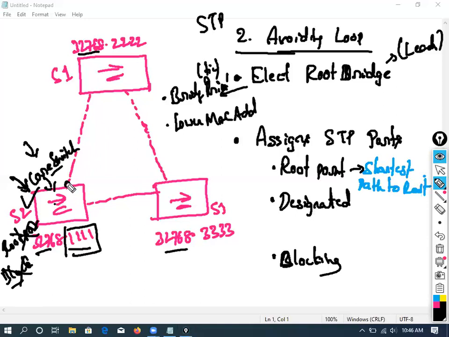By default, the core switch or the root bridge port will be a designated port. That's a default one. If you want, you can write that as a point. But you think, okay, why is it a designated port? Very simple. Root port means it's the shortest path to the root switch. This itself is a root switch. Why does it need to find out a path? Not necessary. Then what is the other port? We have blocking port. Why is it going to block the port? Because they are the leader. So what is left out here is designated port. By default, the root switch ports will be designated ports.